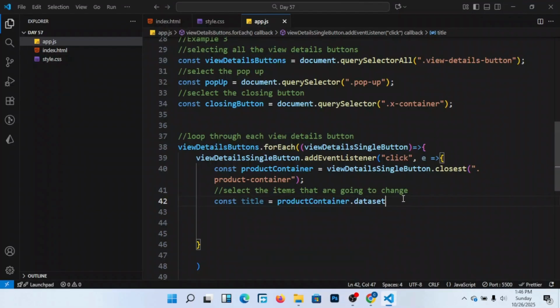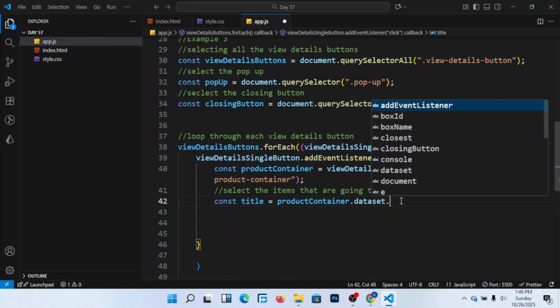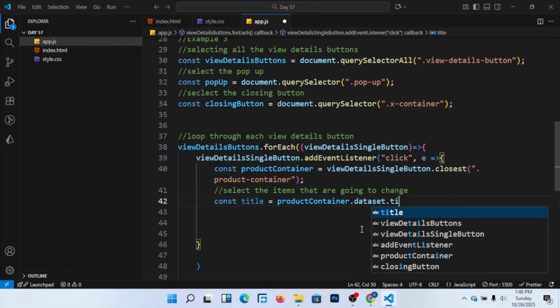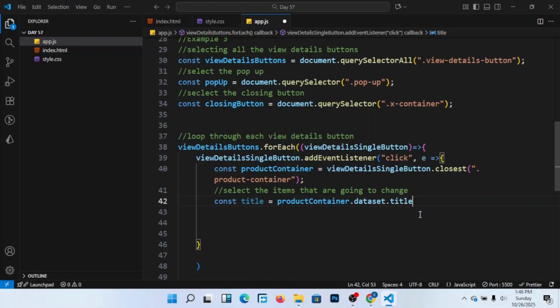So I come here: dot dataset dot name. Dot dataset dot maybe title, dot title, dataset dot title, okay? Okay. So I'm going to come here and put maybe const